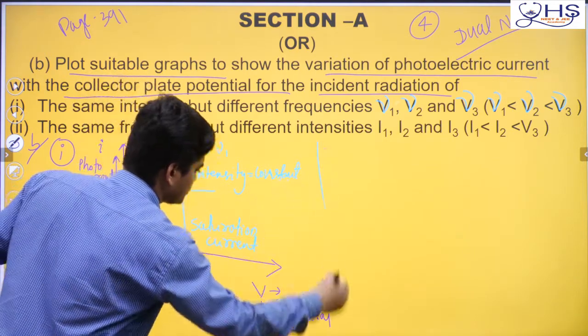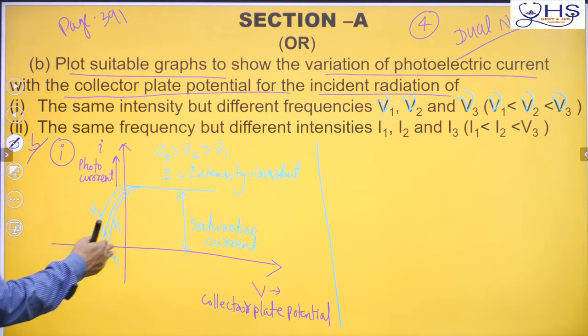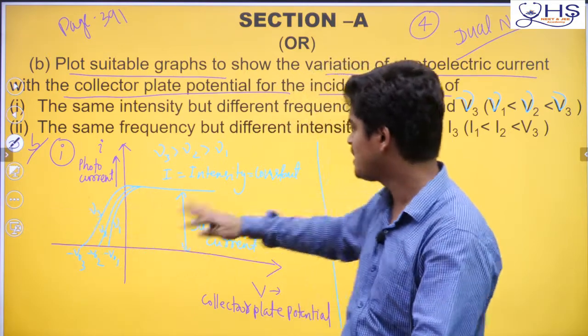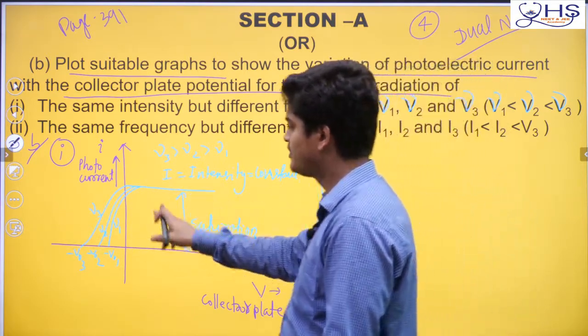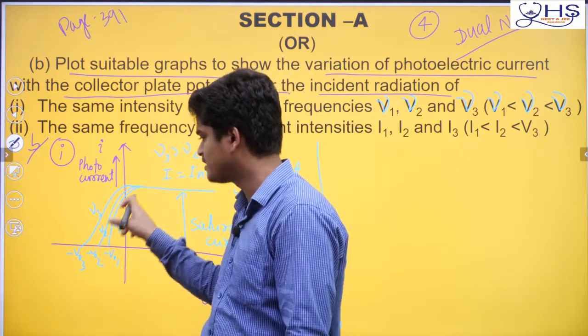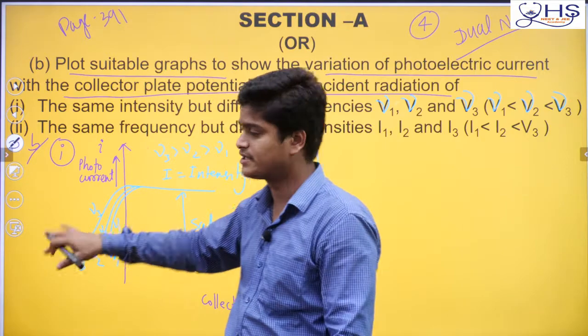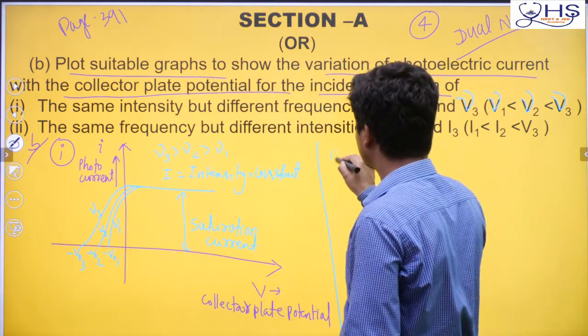That's all. Collector potential, and what is this? Now here, reverse potential. These all are stopping potentials. If a different frequency, then different stopping potential, but intensity is constant, same intensity. So this type of graph will be there. You draw nicely here. You can keep a little larger separation. Now here is saturation current. Now write 2I, if you will understand.